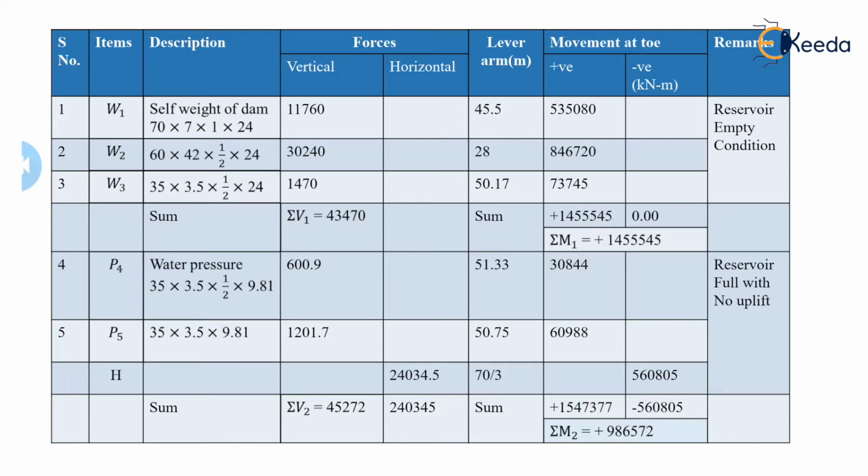It protects the dam in the situation of failing. So that's why this direction, the anti-clockwise movement, will be taken as positive. So here we have finally found the sulfate water pressure, which is resolved into a vertical as well as a horizontal direction. So we are finding both directions. You just have to differentiate how many forces are vertical and how many forces are horizontal.